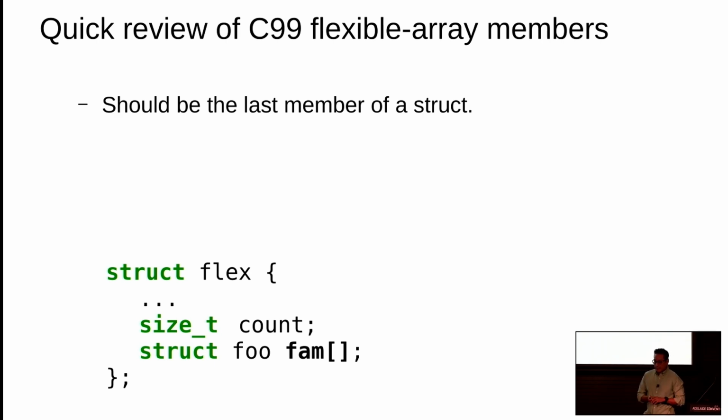It's important to pay attention to this, because if we don't place the flexible array member at the end of a structure, and let's say we place it somewhere in the middle, the compiler is going to emit an error. So our code is not going to compile, right? This is considered a hard error for the compiler. This means that we don't necessarily have to use a special compiler flag or option to detect these sorts of issues.